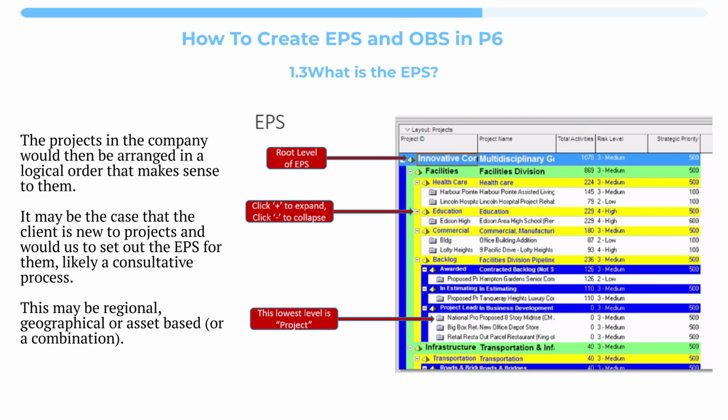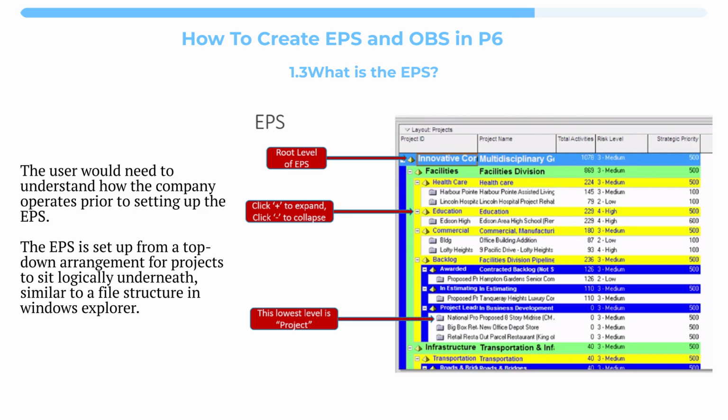It may be the case that the client is new to projects and would want us to set out the EPS for them, likely a consultative process. This may be regional, geographical or asset-based, or a combination. The user would need to understand how the company operates prior to setting up the EPS. The EPS is set up from a top-down arrangement for projects to sit logically underneath, similar to a file structure